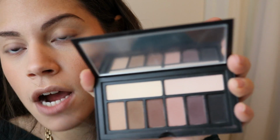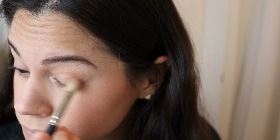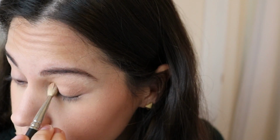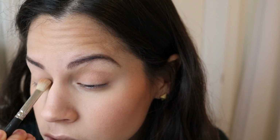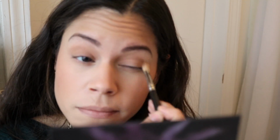Take my 217 brush, and this is the MAC one. And I'm going to go ahead with my Smashbox Cover Shot in the matte. And just go ahead with this color, the lightest. And kind of go over my eyelid with that. Just bring it up. So now when you have the intensity that you want, I'm going to go ahead and go with the second